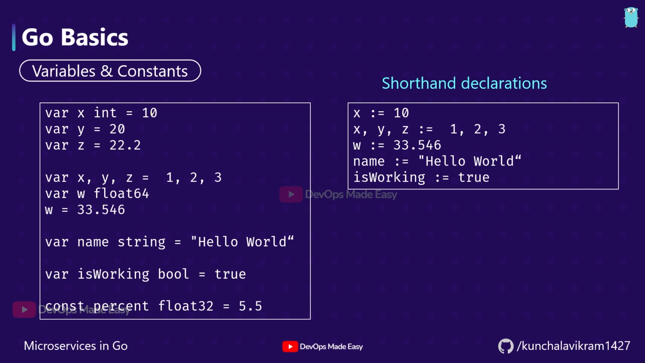So instead of putting this var keyword and integer as the data type, there is a shorthand notation. The shorthand declaration is, if I wanted to initialize x which is of type integer, I can use x like this. So this is a shorthand declaration where we use the